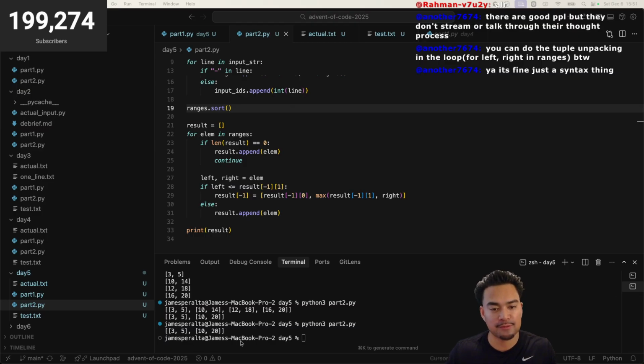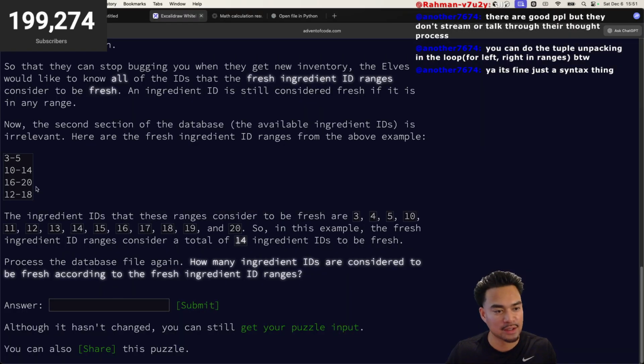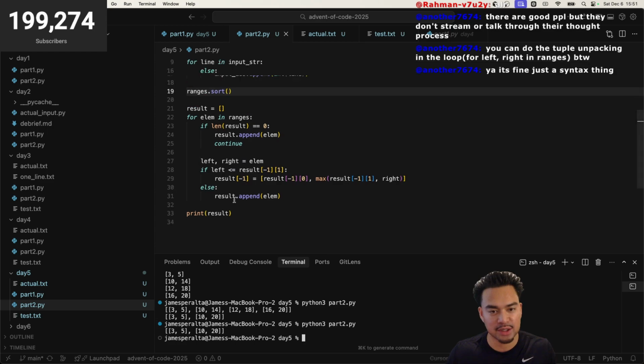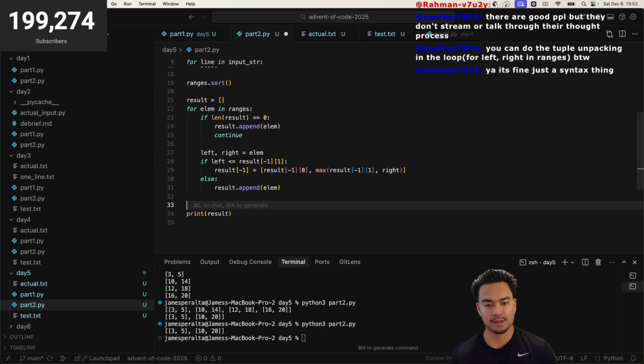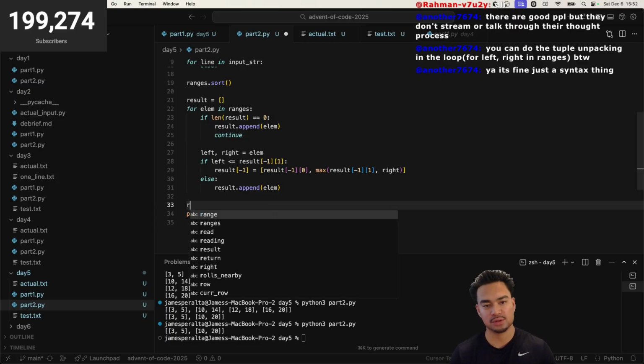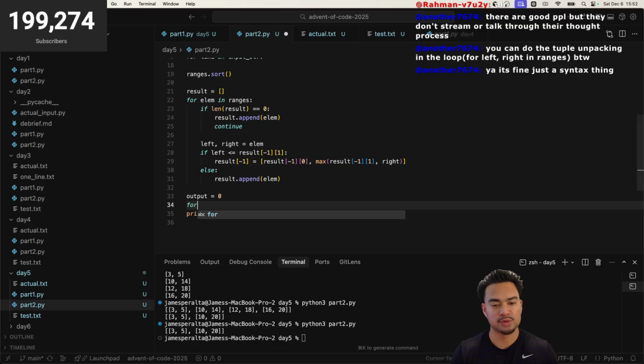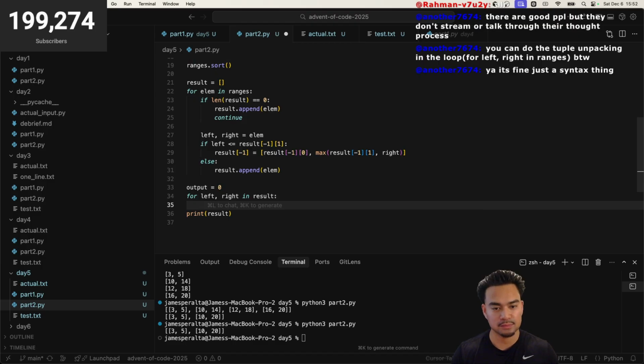So we say 3 to 5 and 10 to 20, is that right? 3 to 5. Yeah, and now we just need to see how many elements are in the range. So now we pretty much have our result. So we say for left and right in result, output,